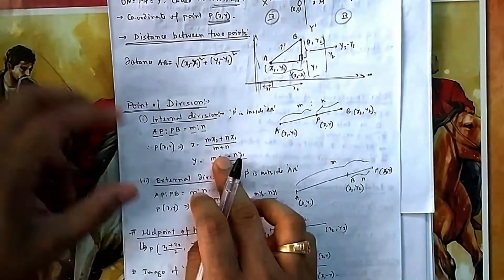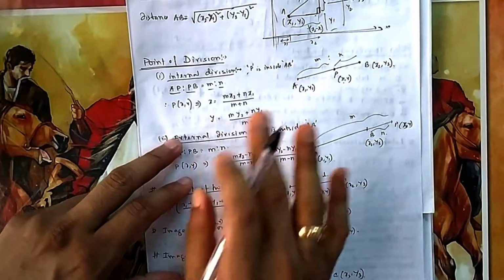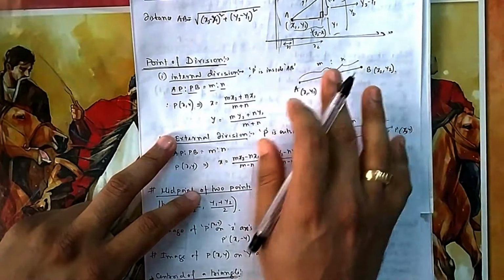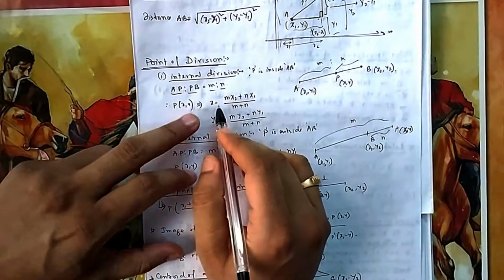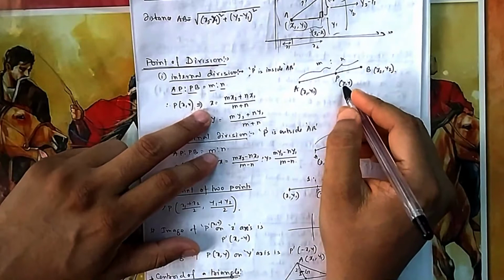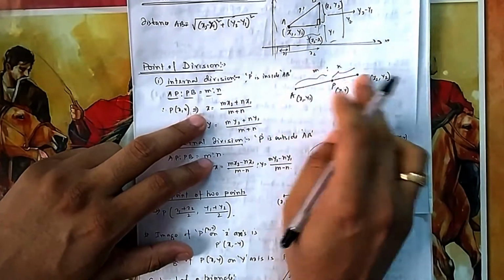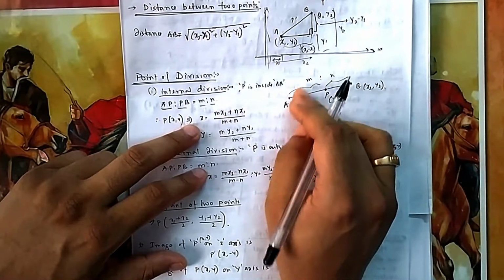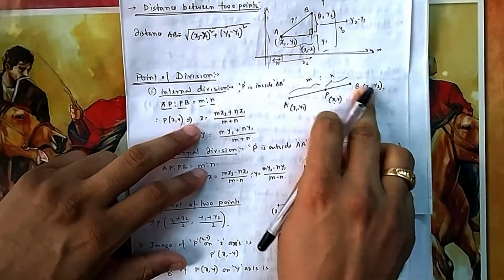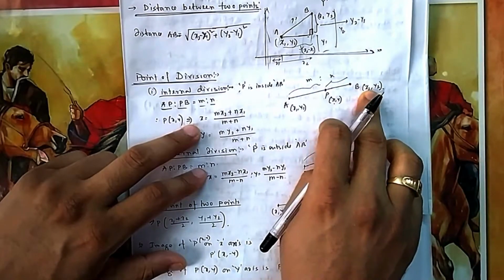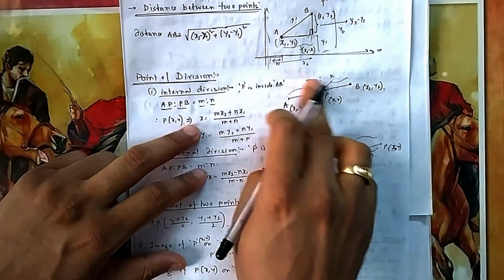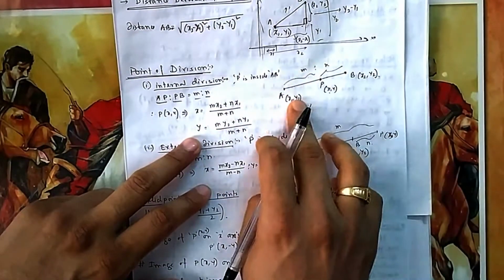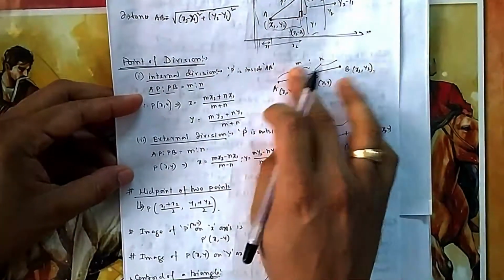Using this formula you can prove it, but wherever the proof is necessary I prove it, and where the visualization is important I prove it, but here it is not required, you can easily do it. So you can directly remember it. How will you remember? x is equal to m into x2. The m will be multiplied by the opposite side, not the side to which it belongs. So m will be multiplied by the opposite side abscissa, that is mx2 plus nx1. You can see that m is going with that side, n is going with this side, divided by m plus n. Similarly y is my2 plus ny1 divided by m plus n. So you can remember it that way, the opposite way.